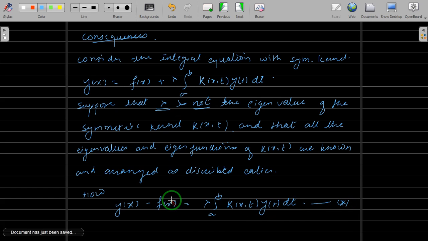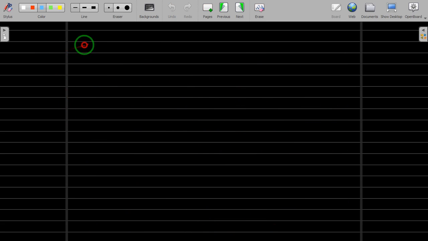Now if you notice, this is the left-hand side, and then lambda K h, or K y, is our right-hand side. In this case our h is replaced by y. So this is of the form of the Hilbert-Schmidt theorem. So let us use the Hilbert-Schmidt theorem. By the Hilbert-Schmidt theorem, HST, we can write